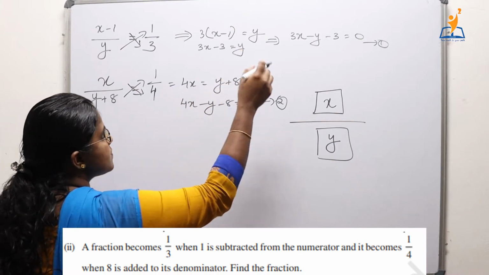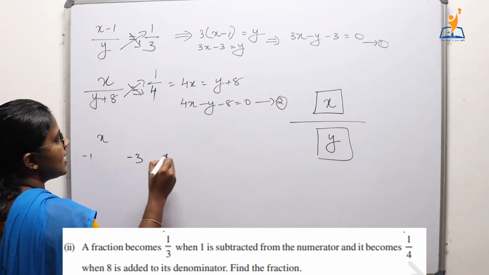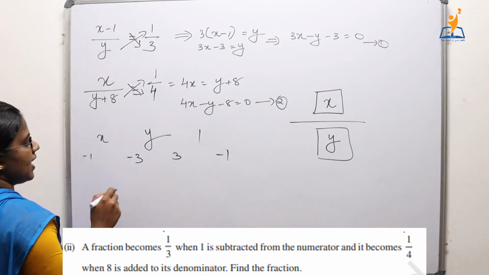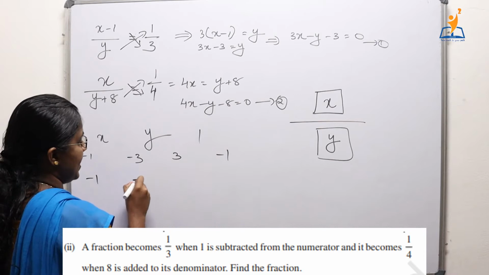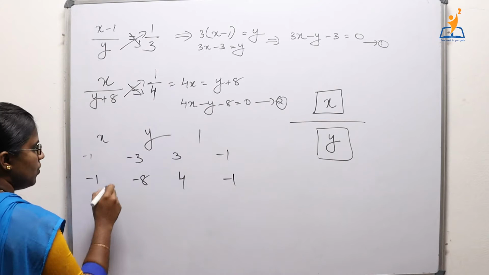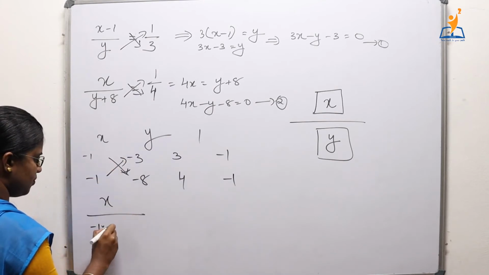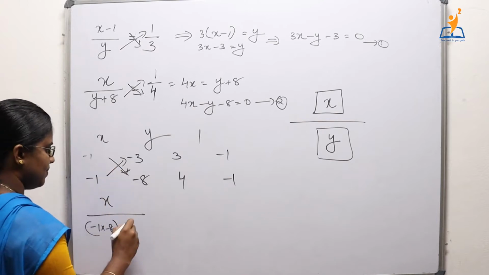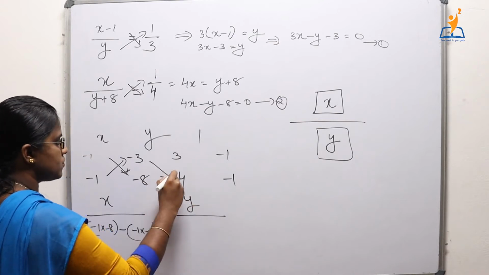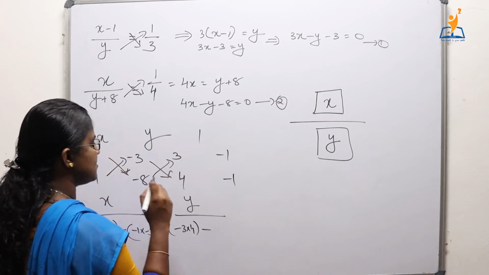Now we have -1, -3, 3, -1, -3, 3 and -1. x, y, 1 here. And again we have -1, -8, 4 and -1. So cross multiplying, we will get x by (-1)(-8) - (-1)(-3), which is equal to y by cross multiplying (-3)(4) - (-8)(3),